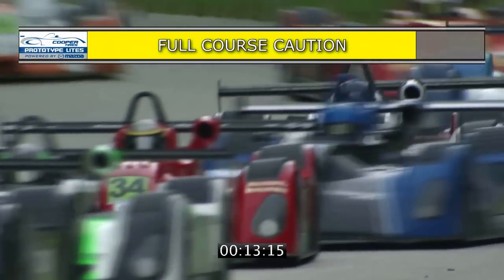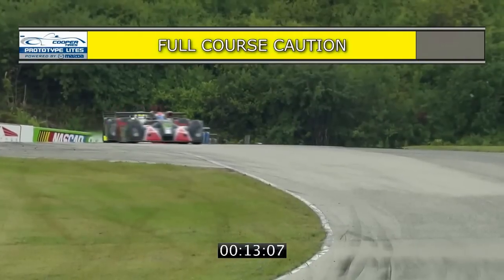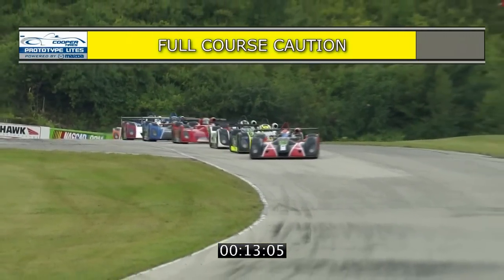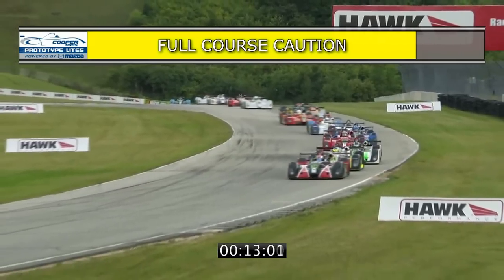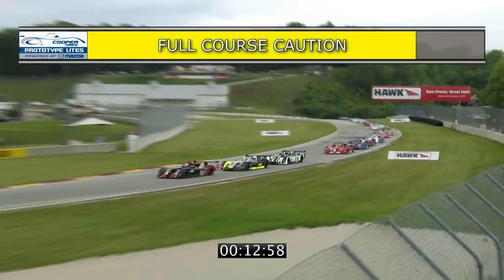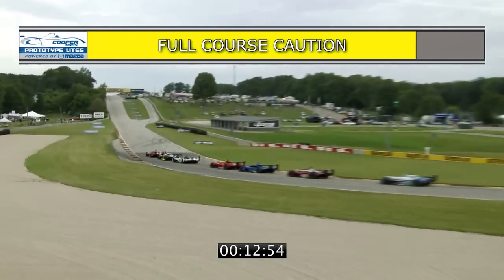We talk about the young guns. He's going to be a real contender next year, I think. It is quite impressive, considering he cannot drive on the streets right now legally, but he's out there racing with guys who literally have had years and decades of experience. He's beating some of these guys. Absolutely. He's a fantastic driver. I believe he has come from the USF 2000 series, and we are